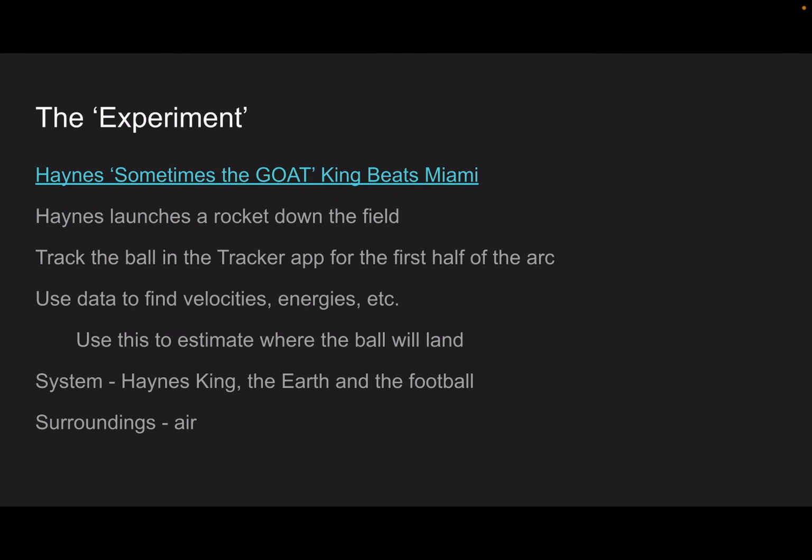If you're a fan of football, you love seeing that. Haynes launches this rocket down the field. We're going to track the ball in the tracker app for the first half of the arc. We're going to use the data gathered from that to find velocities, energies, etc., and use this to estimate where the ball will land. The system will be Haynes-King, the Earth, and the football itself, of course, the surroundings being